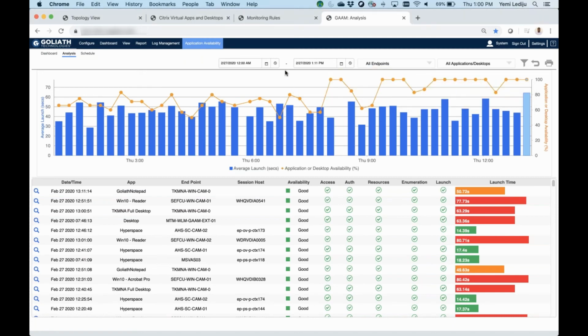And this customer now has the ability to go back and filter based on date range and on the locations that they're launching applications and desktops from. They can also filter based on the applications and desktops that they were launching. They also now have, at the bottom of the screen, the ability to troubleshoot issues as they take place across